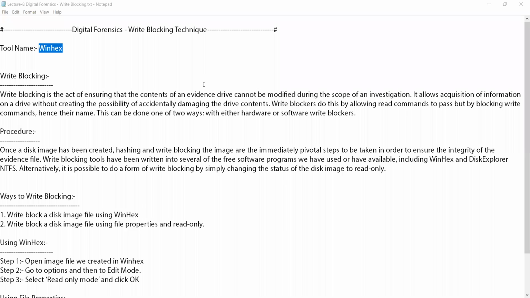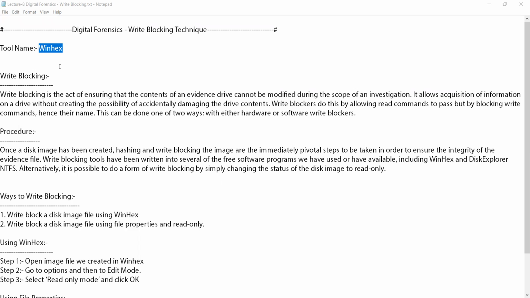So let's see. Firstly, we are going to cover the topic of write blocking. If you discuss what write blocking is, we can say that write blocking is just an act of ensuring that the content of the evidence drive cannot be modified during the scope of an investigation.